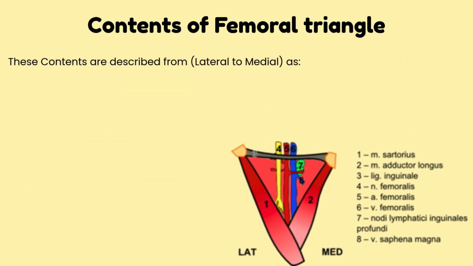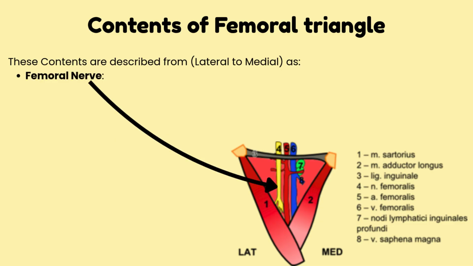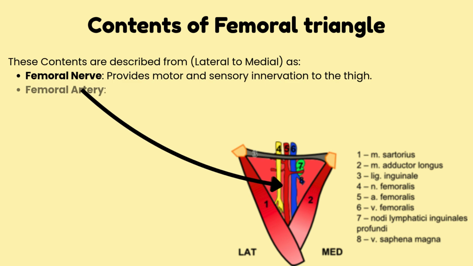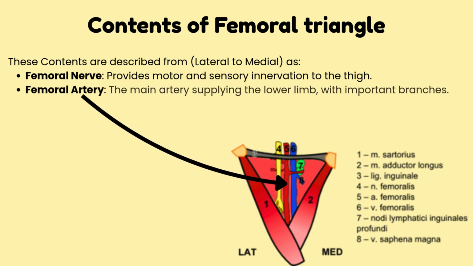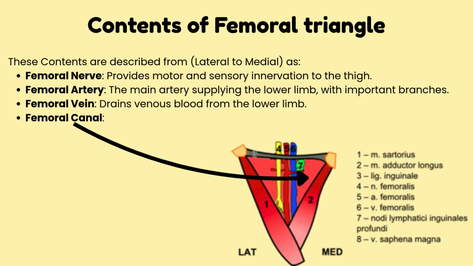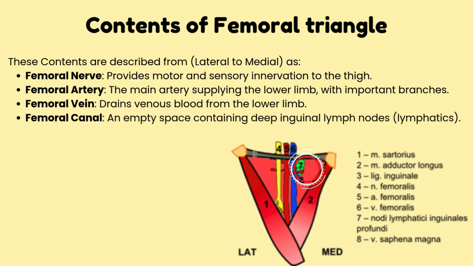These contents are described from lateral to medial as femoral nerve. It provides motor and sensory innervation to the thigh. Femoral artery. This is the main artery supplying the lower limb with important branches. Femoral vein. It drains venous blood from the lower limb. Femoral canal. It is an empty space containing deep inguinal lymph nodes, lymphatics,